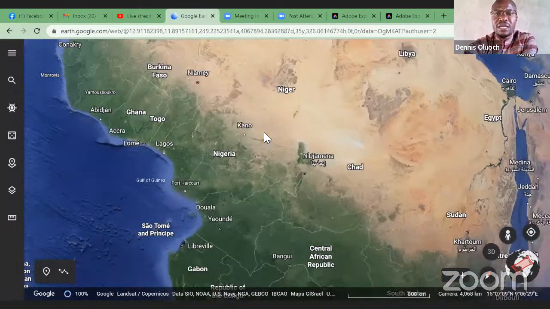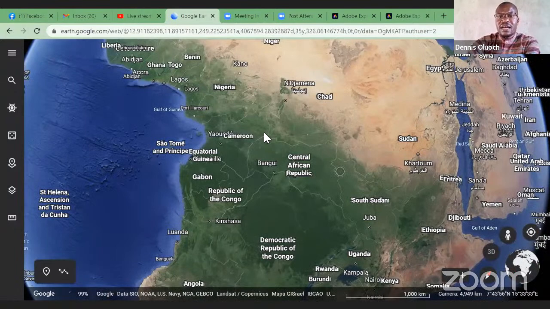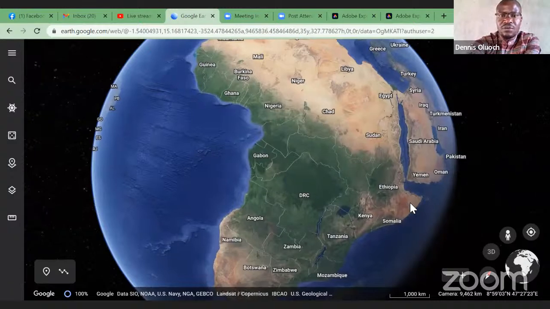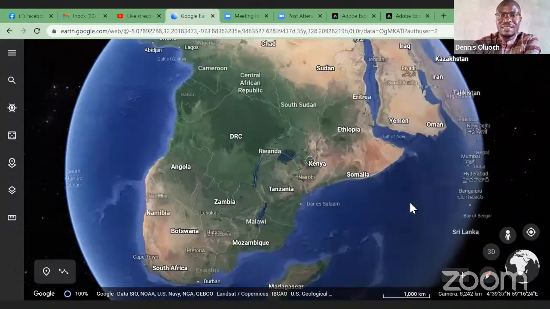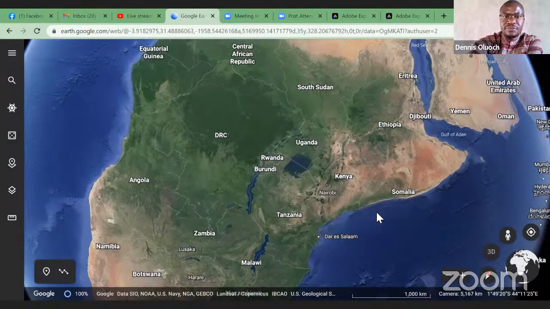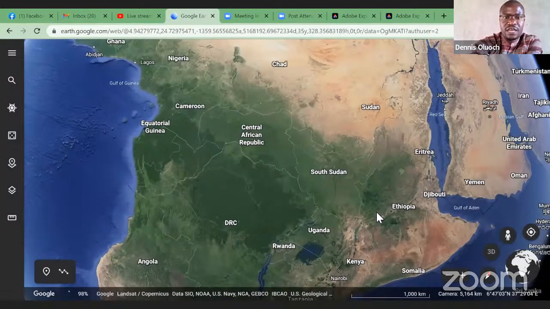Now come to the middle and you see a very green area, this area, very green. And now, like I'm posting from Kenya, I just want to show you how Kenya is not really a very green place compared to DRC in the area around Central Africa Republic. These areas are so green.